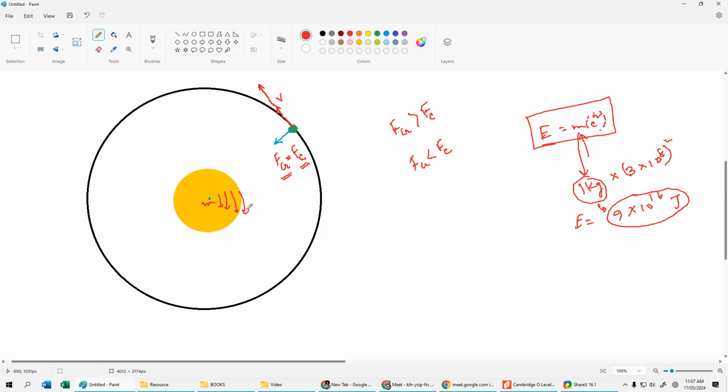কারণ তার ভেতর থেকে ম্যাসটা এনার্জিতে কনভার্ট হয়ে রেডিয়েট হয়ে বের হয়ে চলে যাচ্ছে। So the total amount of mass of the star gradually starts to decrease and decrease and decrease, and eventually there comes a scenario where the mass has become so small that the core is depleted of hydrogen. মানে যতটুকু জায়গাতে ফিউশন হওয়ার প্রসেস পসিবল, অতটুকু জায়গার মধ্যে আর হাইড্রোজেন আর নাই, সব হাইড্রোজেন হিলিয়াম হয়ে গেছে।